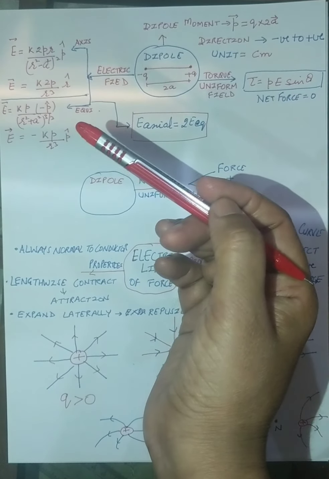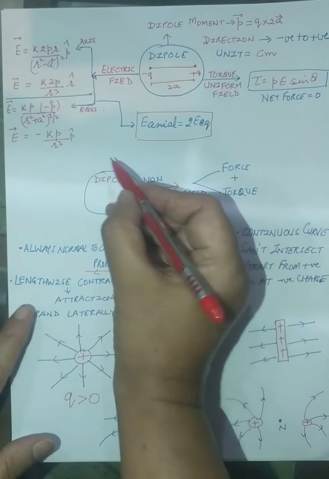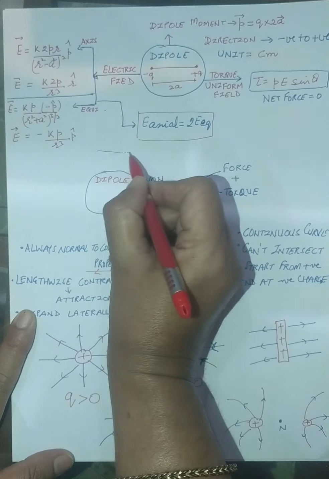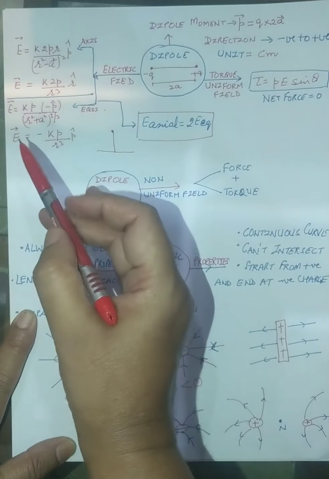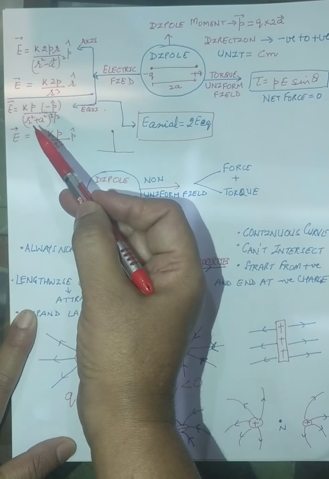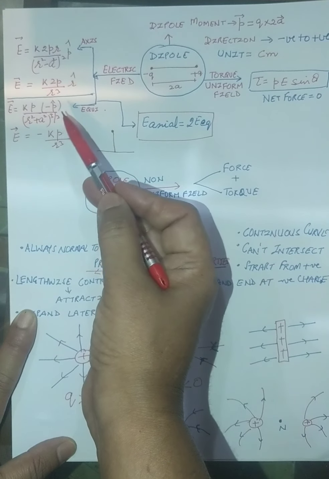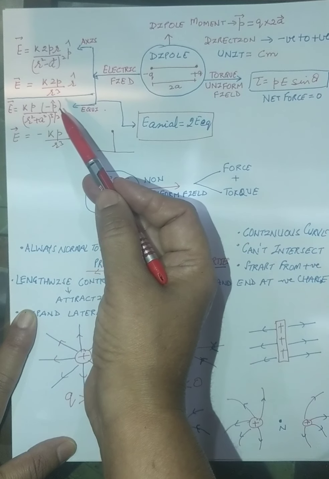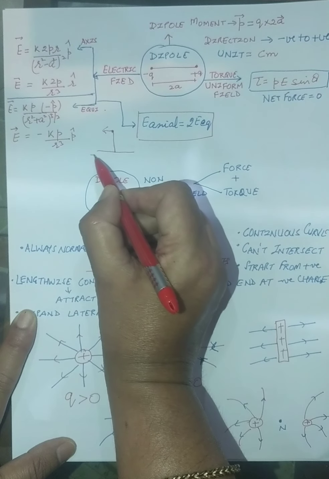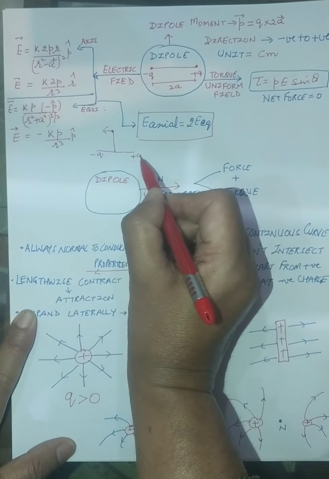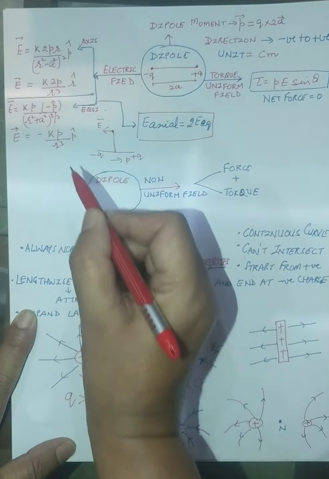The next thing you have to do is find the electric field on the equatorial axis. So what is the equatorial axis? As you know, the equatorial axis means the perpendicular bisector. So if you are finding the electric field at the perpendicular bisector, what will be my expression? It will be kp upon (r square plus a square) to the power 3 by 2 into minus p cap. What do I mean by minus p cap? It means that the electric field acts in the direction opposite to the direction of the dipole moment. That means this is my minus q and this is my plus q. So my dipole moment is in this direction, but the electric field will be in the opposite direction.